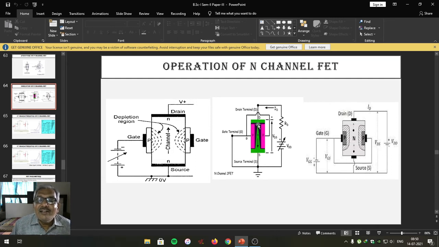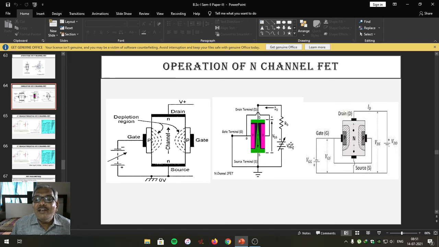That resistance is represented by RDS, or sometimes RD also. Due to forward biasing of drain to source, internally between drain and source, a resistance is generated within the channel. The value of resistance toward the source is less, whereas the value of resistance toward the drain decreases so as to increase the current. So this internally generated resistance, we can call it RDS, that is source to drain resistance.